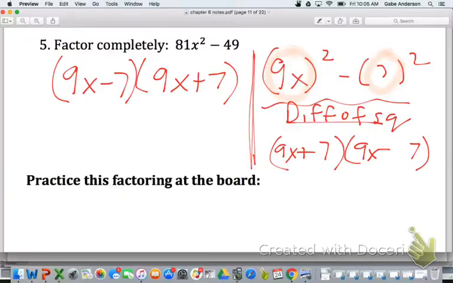Can we do the partner thing at the board? Wait, what? So remember,